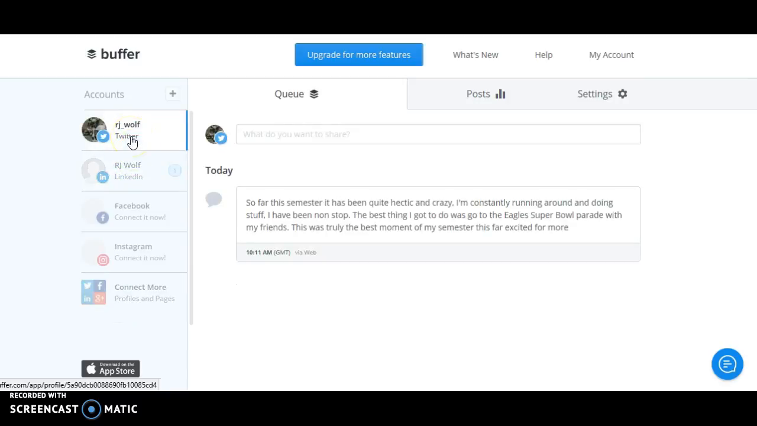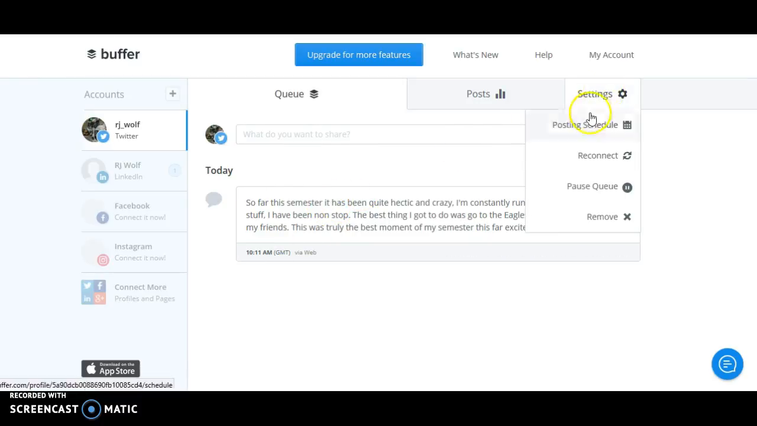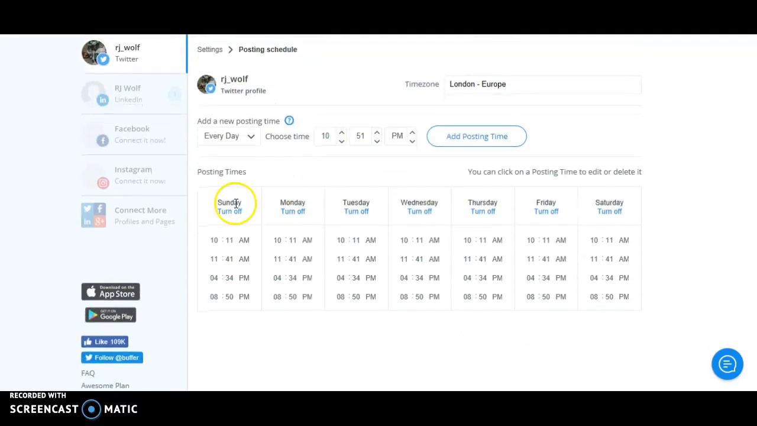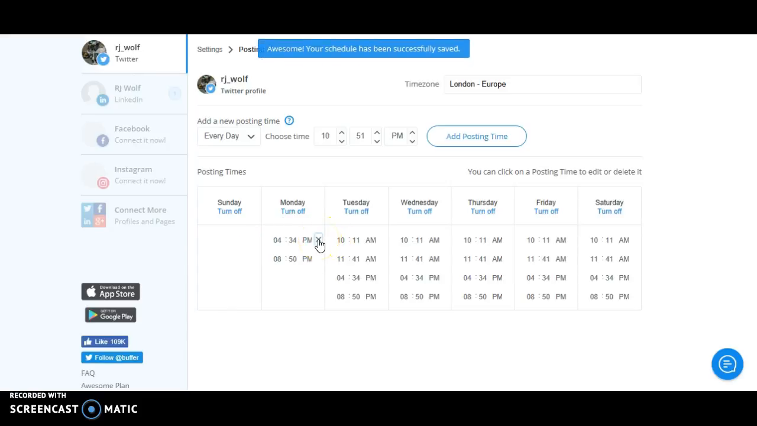As you can tell, I wrote a short little snippet of what I have done so far this semester, and I'm going to show you how to schedule a post. So here, what you can do is see what I wrote, and you go to schedule or settings, go to posting schedule, and then all this comes up. So what you can do is exit out of all these, so you don't confuse yourself on